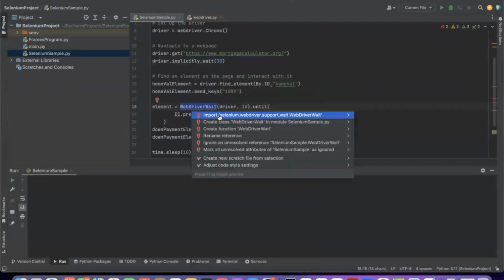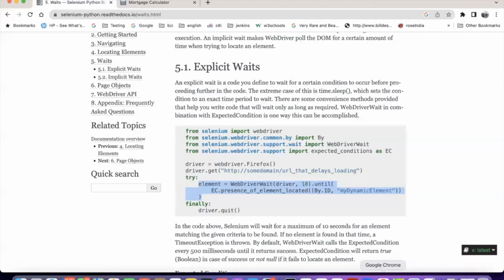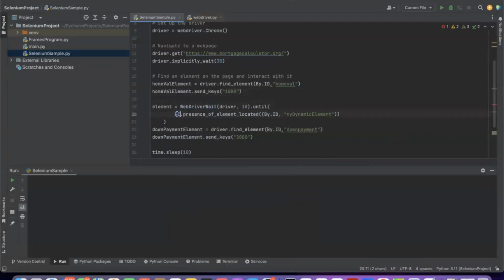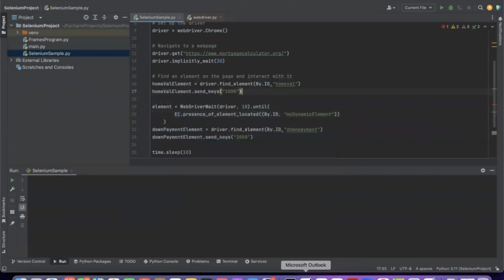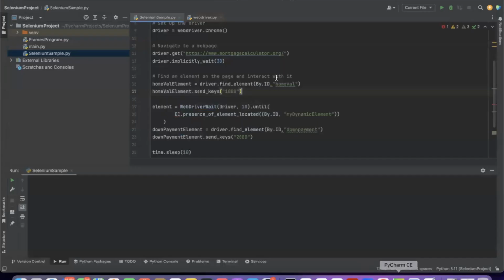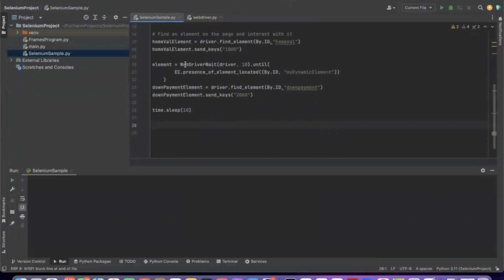WebDriverWait, import that WebDriverWait. Then until, and what is that, EC? Expected conditions. So this also you have to import. EC is nothing but expected conditions. I'll just copy from here. So WebDriverWait,